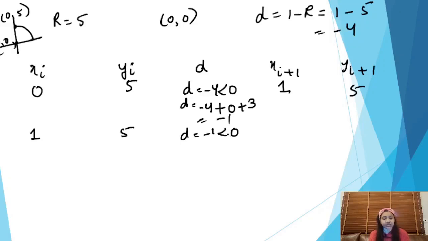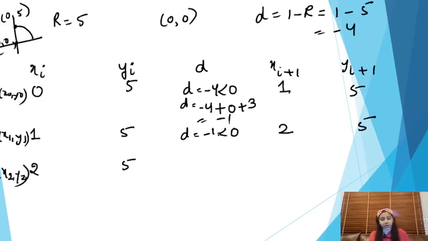The value of d comes out to be minus 1 in this case, which is again less than 0, and again we choose the east pixel. So the value of x is incremented and y remains same. Now this is 2, this is 5. This is our initial point x0, y0, this is x1, y1, this is x2, y2. Since the value of d was less than 0, we calculate the east value by taking the last d, which is minus 1, plus twice of xi, which is 2 into 1, that is 2, plus 3. So this comes out to be